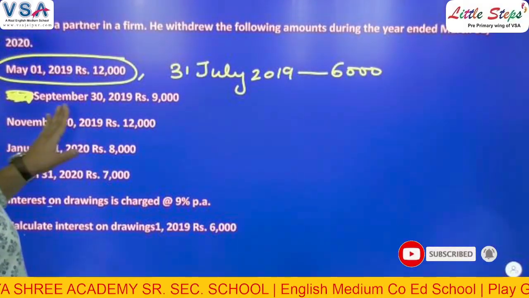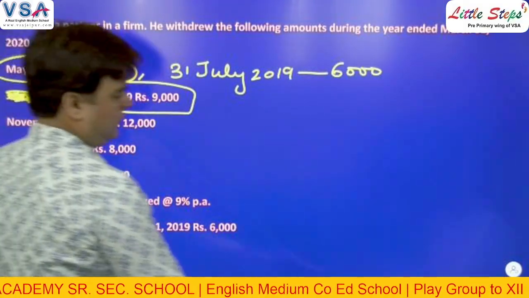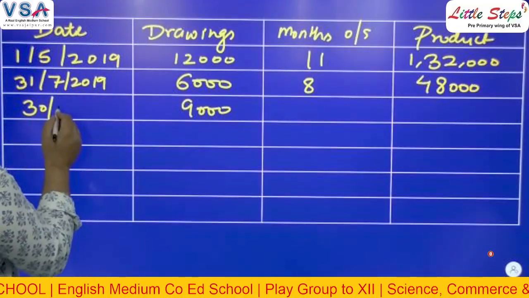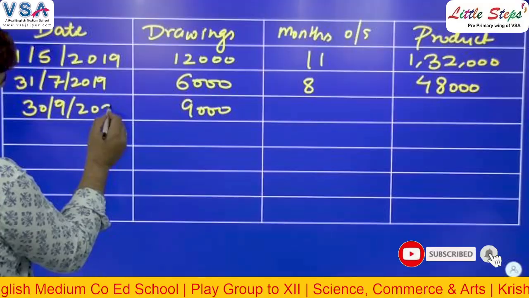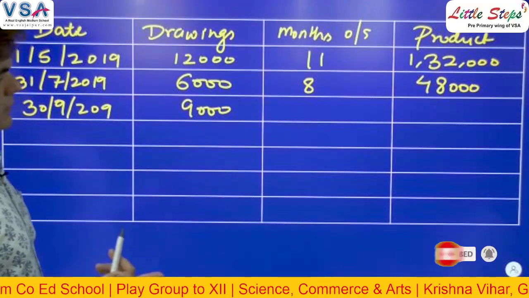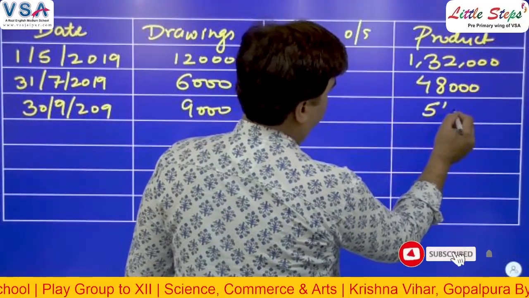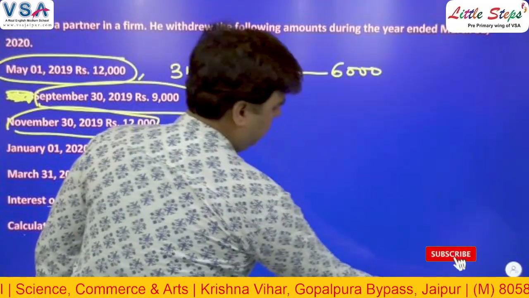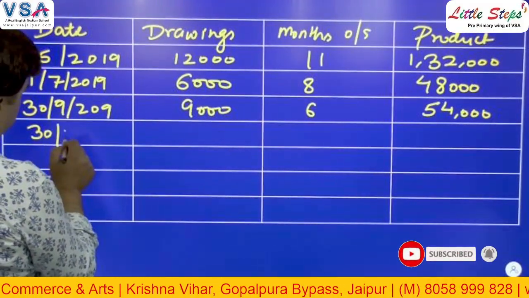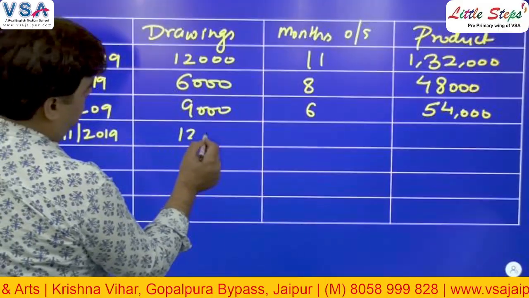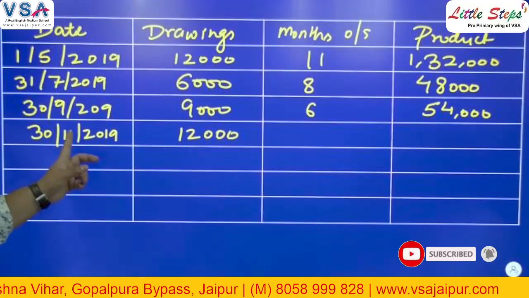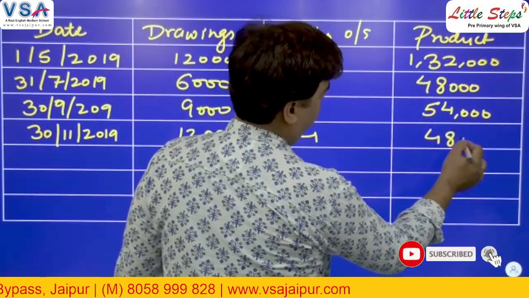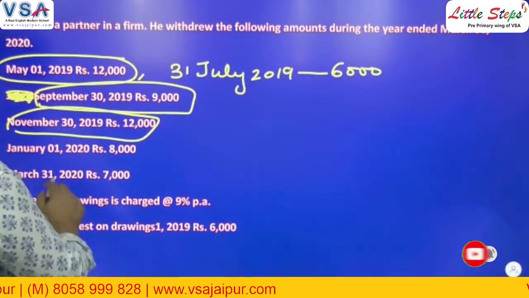The next drawing has been made on 30th of September and the amount is 9,000 rupees. 30th of September. How many months are outstanding? 6 months. So this will be 54,000. The next part, 30th November, 12,000 rupees. How many months have been outstanding? 4. 12 4s, 48,000, right? Next is January 1st,